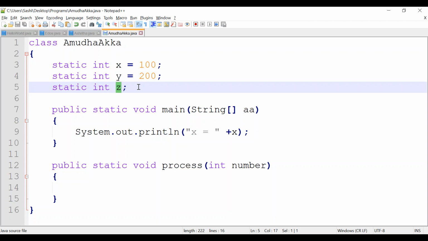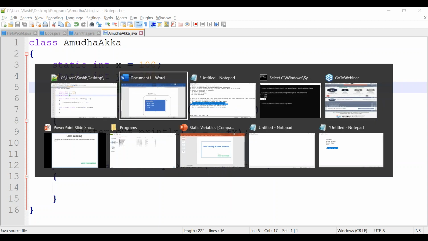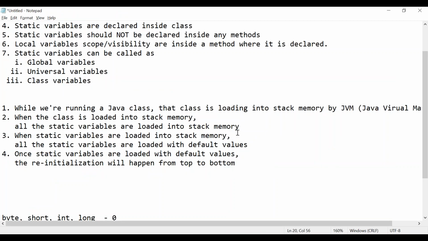What is the fifth point? So far we have loaded static variables, correct? Fifth point is, once static variables are loaded into stack memory, reinitialization is happening. Completely it is done. After loading of static variables, what happens?